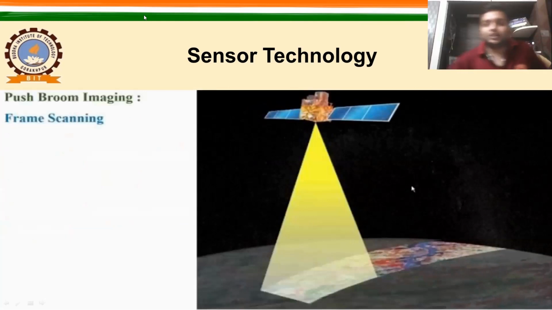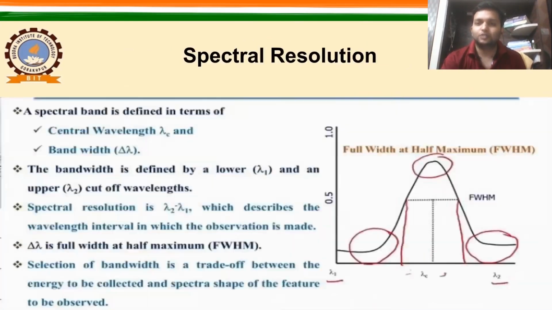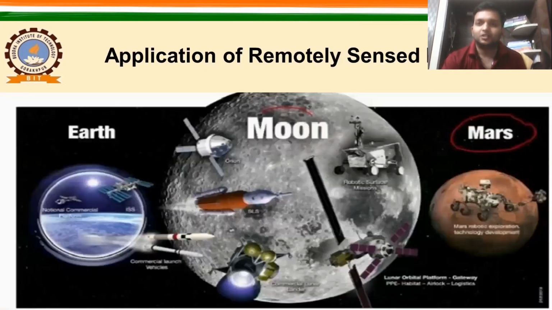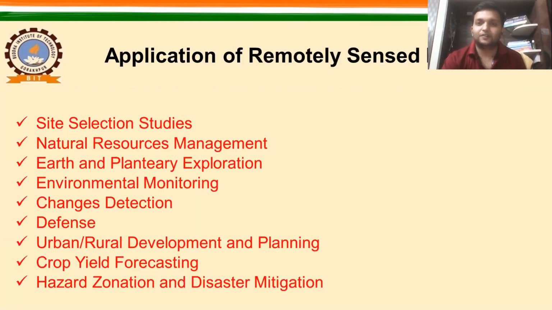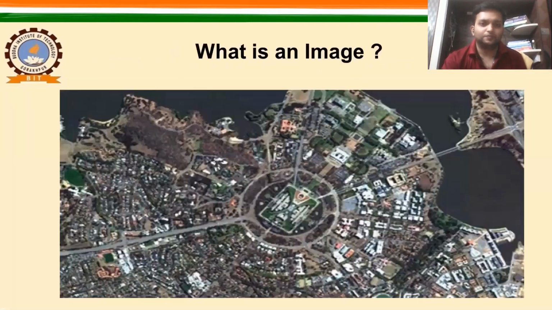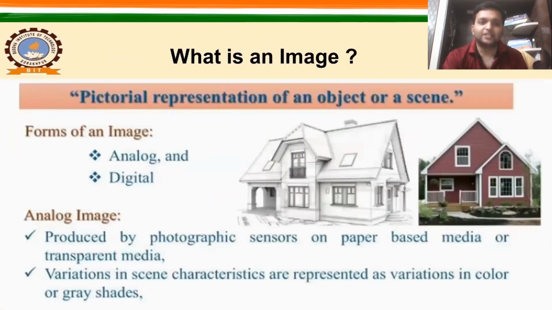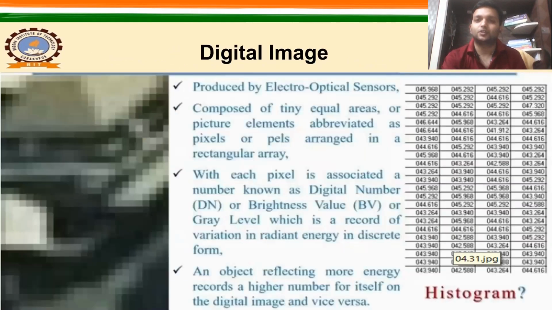So this was all about this lecture one, which was about the overview and introduction part. In this way, we complete the introduction and overview part of remote sensing and GIS. I hope you all have enjoyed these lectures. This was divided into three parts, and we have covered almost every introduction part, right? We started from a basic question: what is an image? Then we defined that an image is a pictorial representation of an object or a scene.